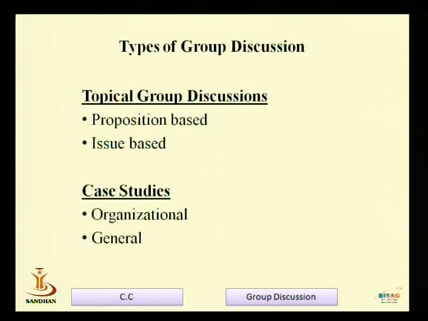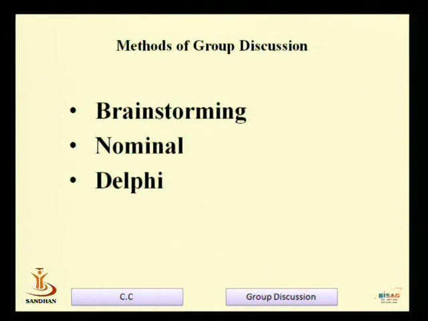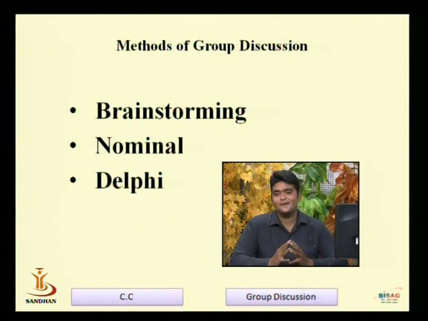Fine, let us go on to the other slide, and that is the methods of group discussion. Now there are three types of methods of group discussion. The first is brainstorming. Now brainstorming, the word itself says